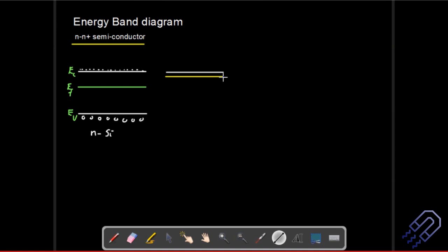So the chances are that the electrons in this particular case will be more. And there is also a reason that the Fermi level is shifting higher. Then we can have the conduction level. Since we are talking about silicon here, the band gap does not change, more or less. So please remember this is before the contact.